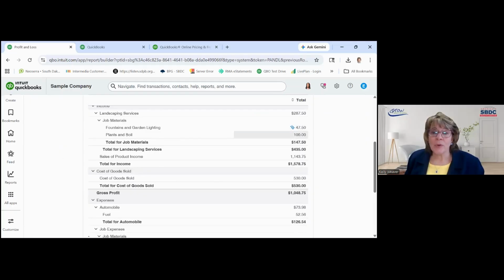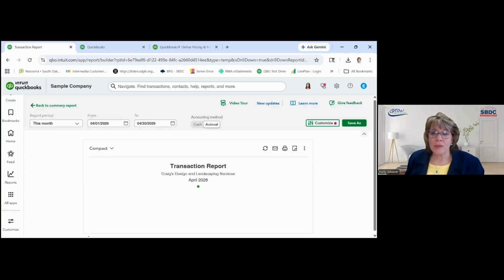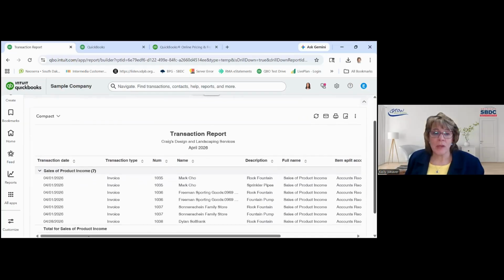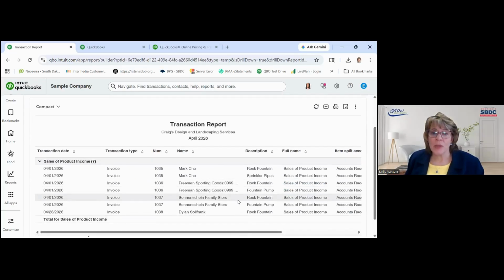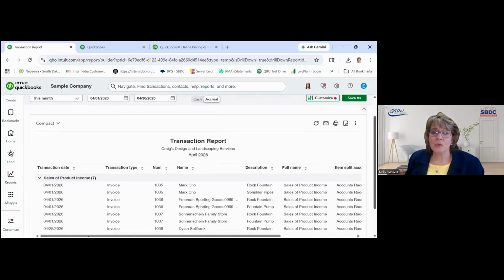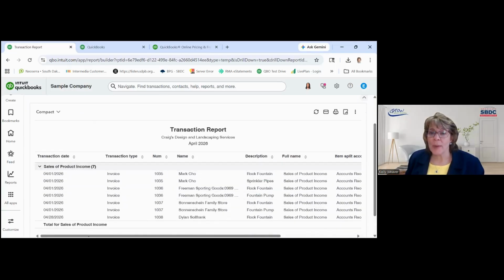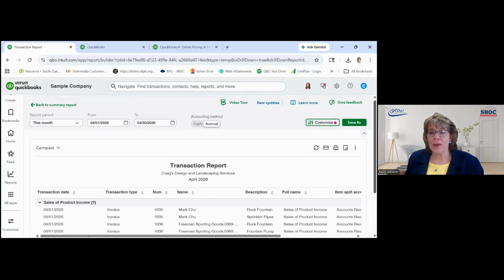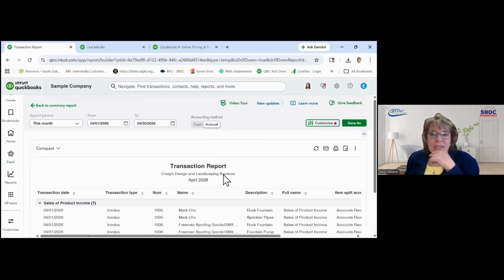Anytime there's a number, you can click on that number and see all the transactions within that number. Let's see. If I click on that number, it's sales by transaction. So I would expect to see invoices or sales receipts detailed out in this report once it thinks. Yeah, there's invoices from all these customers, what they bought from you. So that's where you can easily drill down. And that's why that description or memo is really important, because now it's a way to see, at a high level, a lot of detail without digging too deep.